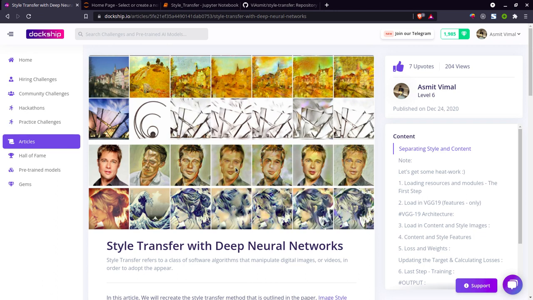So the main agenda of this video is to have a content image. Like you can see in the fourth row, I have a girl, and then I have a style image. What I am going to do is take the style from the style image, and from the content image I am going to take the content, and by training a new model I am getting a merge of both. Like you can see in the subsequent image, I am getting both content and style in a single image. So this is the main agenda of this video.